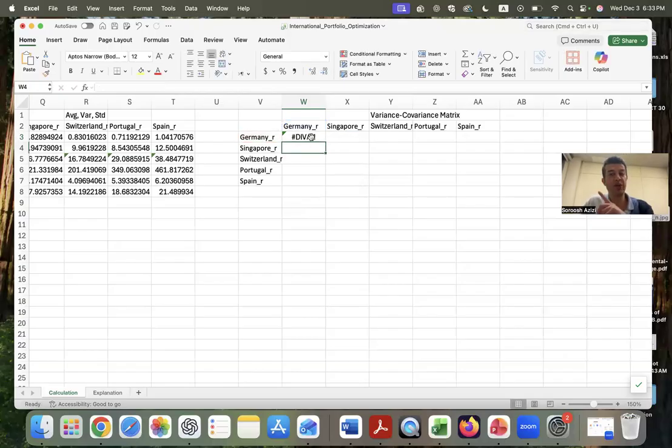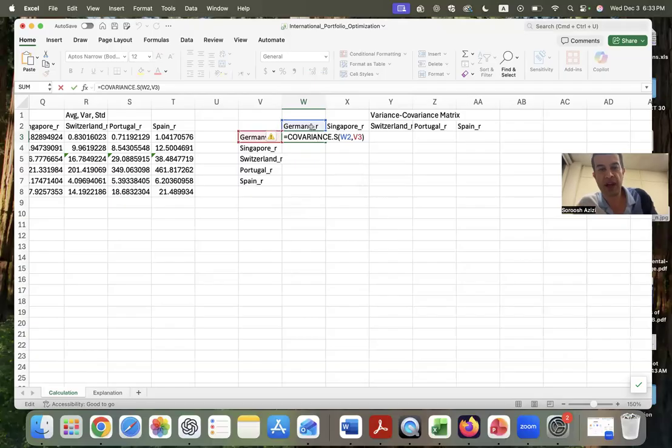Why? Because I didn't use the indirect function. Excel doesn't know the time series that Gemini underscore R represents. In order to tell Excel that I don't mean the word Gemini underscore R, I mean the time series that Gemini underscore R represents,